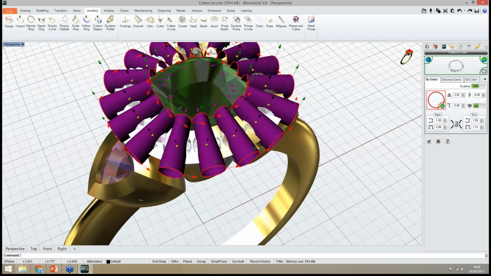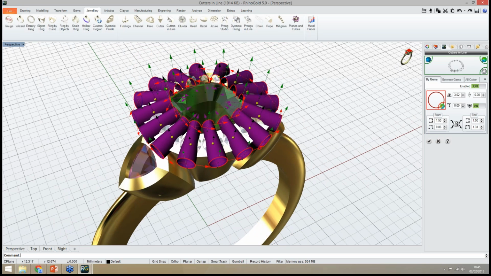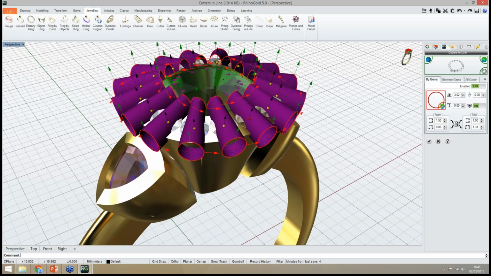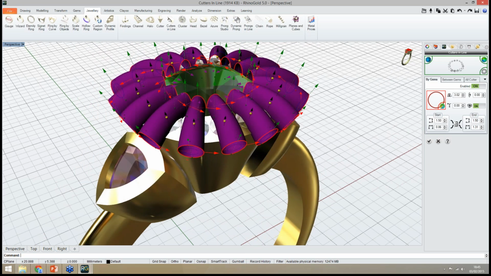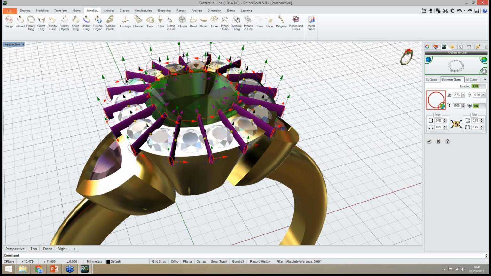As you can see, easily we can define the cutters for round objects and circles, so it's much better now. Also, we have the possibility to bend the cutter. As you can see, easily using this point we can bend all the cutters. And we have a few more tabs which allow us to use cutters between gems. And once again, easily we adjust the cutters parameters like this, the height, everything.